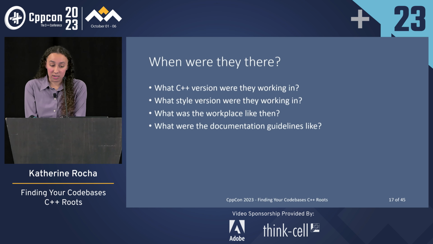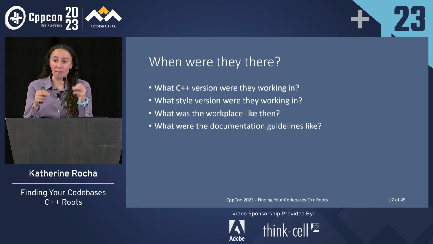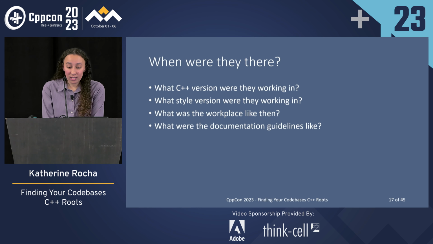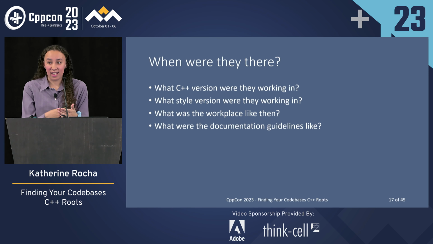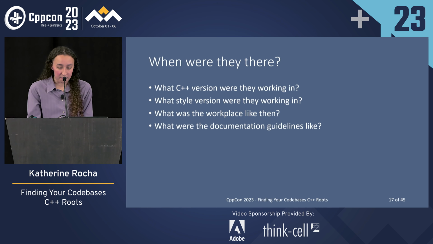As well as what were the documentation guidelines like then? Were they actually supposed to document? Maybe they were required to comment every couple of lines. That's why you see these really redundant comments. As well, as you go back in time, there are points where there was a lack of code reviews and there was a lack of unit tests. So that can influence how code works and the types of code that you saw actually being pushed up.